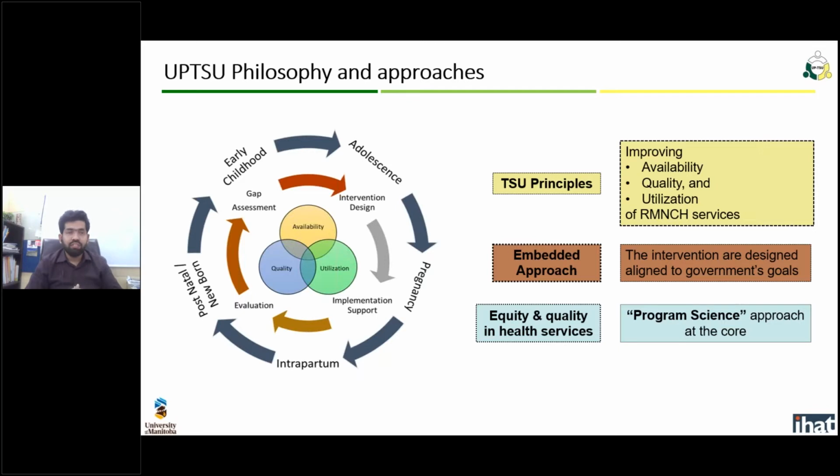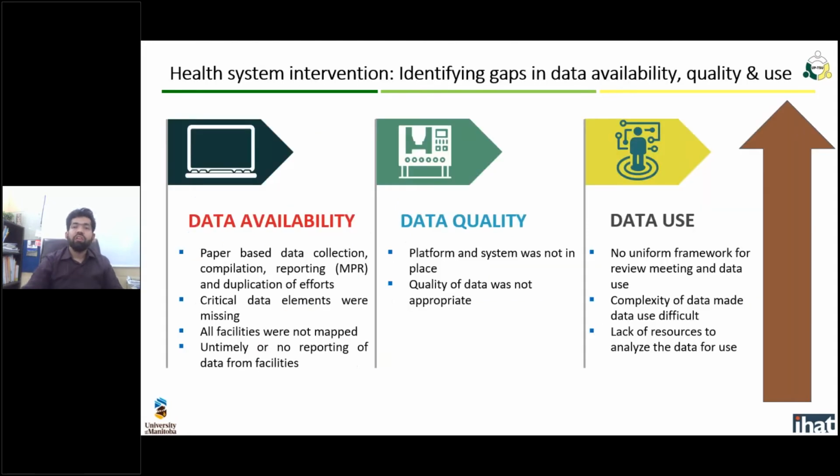That is the program science approach, that is the philosophy of the UPTSU, on which we are trying to work here. So today's topic is the UP HMIS. When UPTSU was established in 2014, data system strengthening was one of the key domains, in which the goal was to improve the use of data for decision making, that is, how to improve the evidence for decision making processes. So initially what we did is we tried to identify the gaps, where the gap actually is,